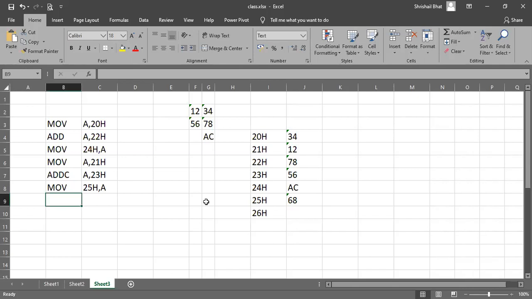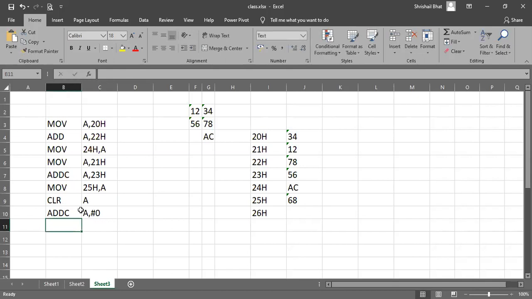Now suppose there was a carry. We are supposed to add that in. You are supposed to store that in the next location. So how to do that? Same thing like you have done in the previous case. You clear your register A, then add with carry A comma #0H.